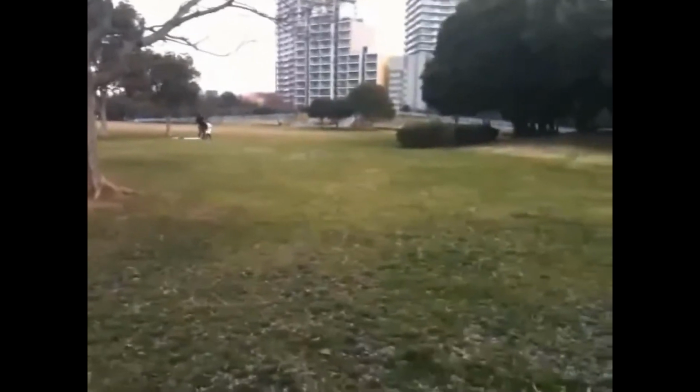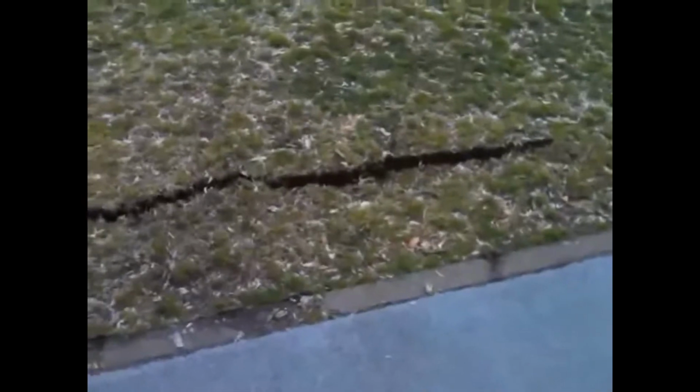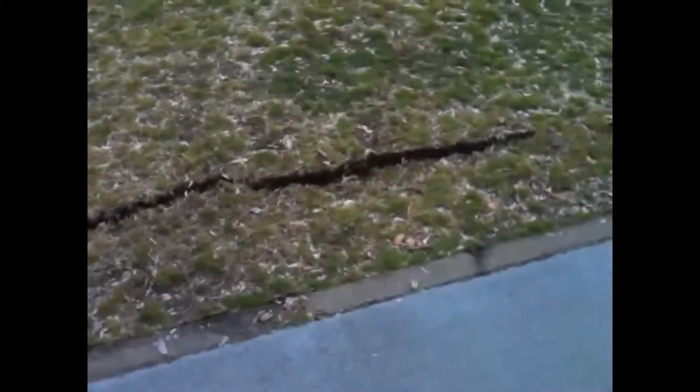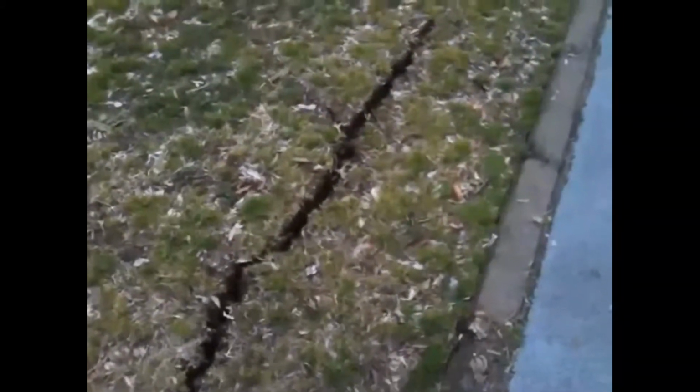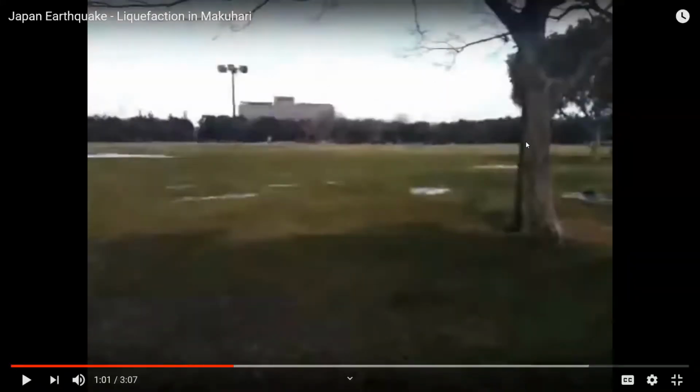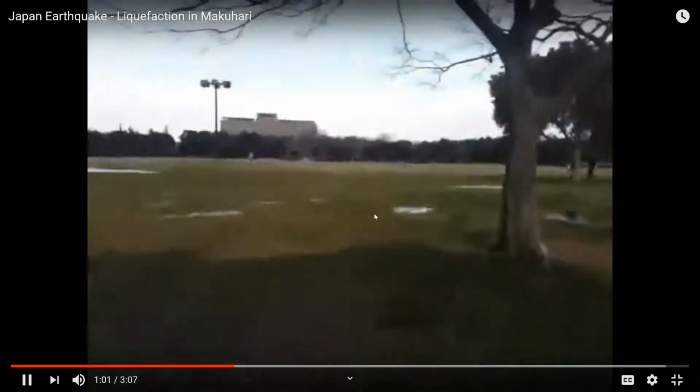The ground is just swaying right now. The crack is getting bigger and smaller, going back and forth. Now, water coming up all over. Now we can see quite a bit more water up here, right? This is from liquefaction, not from burst pipes, but from liquefaction. The shaking of the ground forcing this water up, right? And partially supporting the sediment.